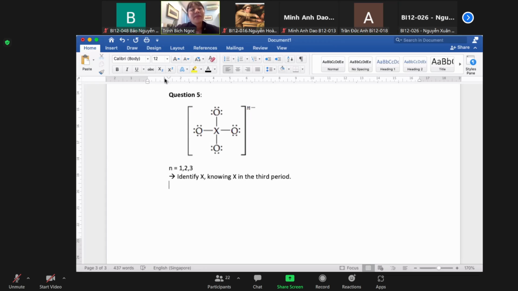So to identify X, you need to find the n. Like the previous question, to identify some elements, you need to know the